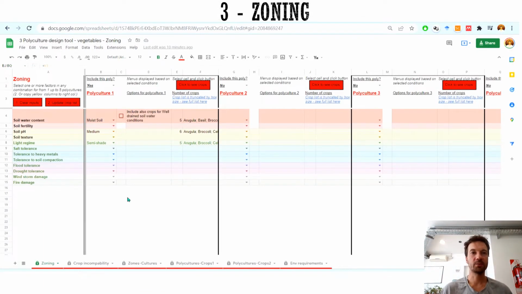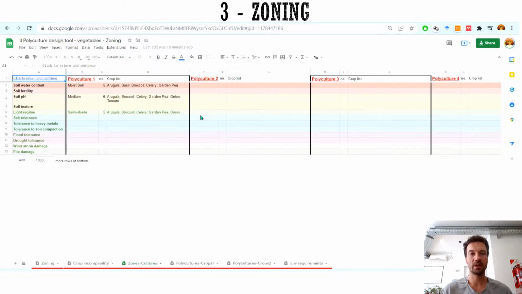In the next spreadsheet, you establish your initial polycultures by grouping selected cash crops and selected companions into so-called zones with defined soil, light, and stressors environmental conditions. You can define any number of conditions for 1 and up to 5 different zones. For each individual environmental condition that you define in each zone, you can see the number of previously selected crops